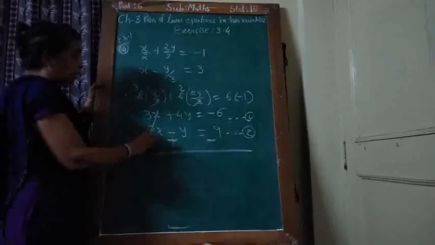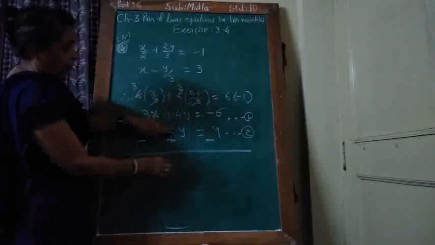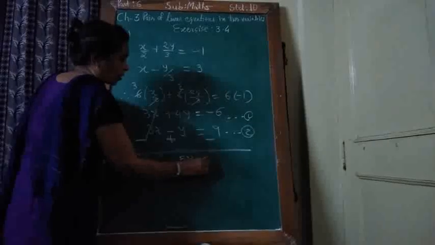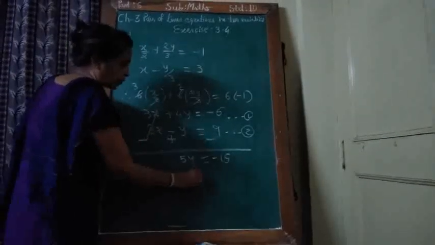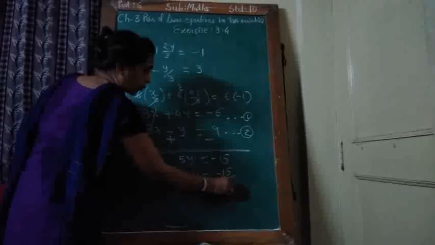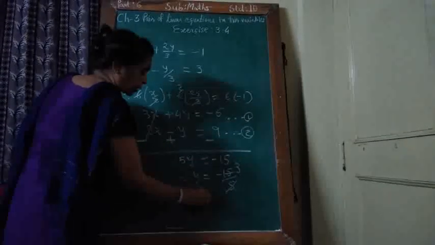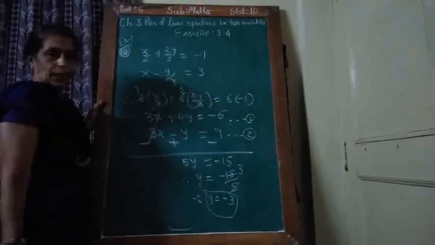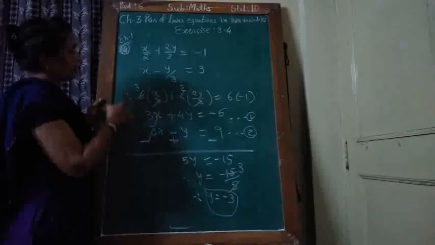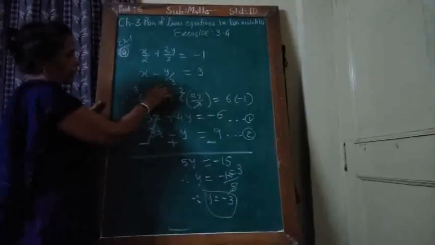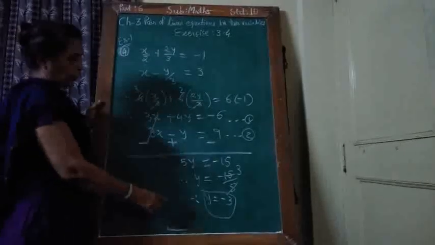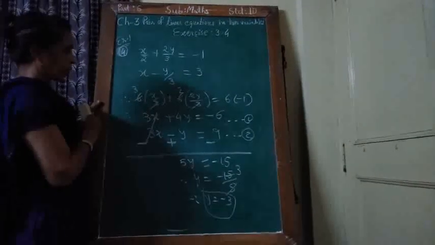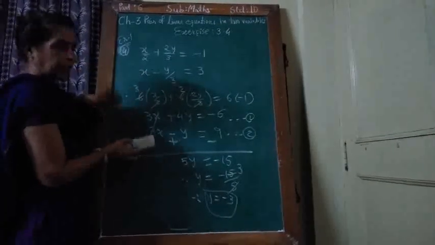Okay. So here 3x cancels. 4y, put your hand here, new sign, 4y plus y, 5y is equal to minus 15, and therefore y is equal to minus 15 upon 5, 5 times 3 is 15, therefore y equal to minus 3 you get. Clear? And now you substitute this value in which equation? Here it is better. Okay. So here you have to write substituting y equal to minus 3 in the equation. You can put it here or here, but I put it here